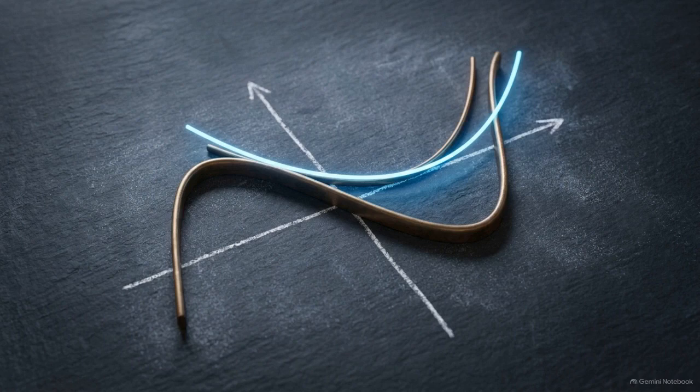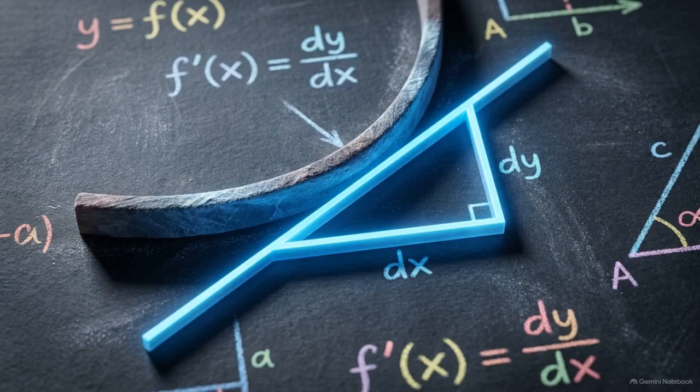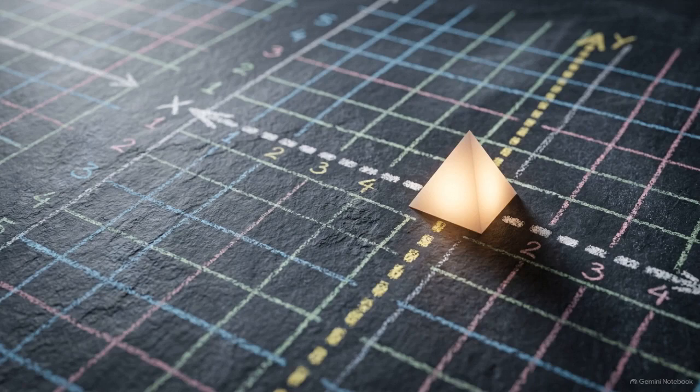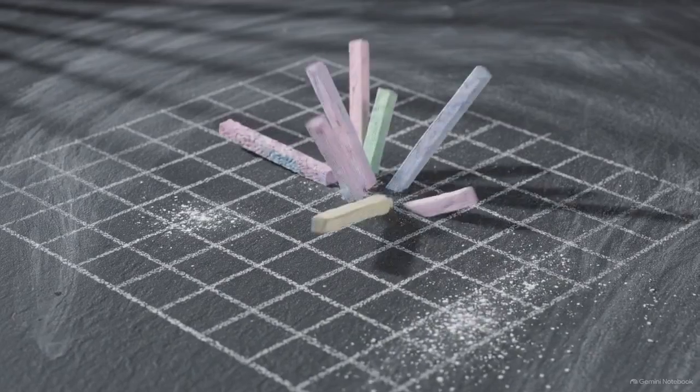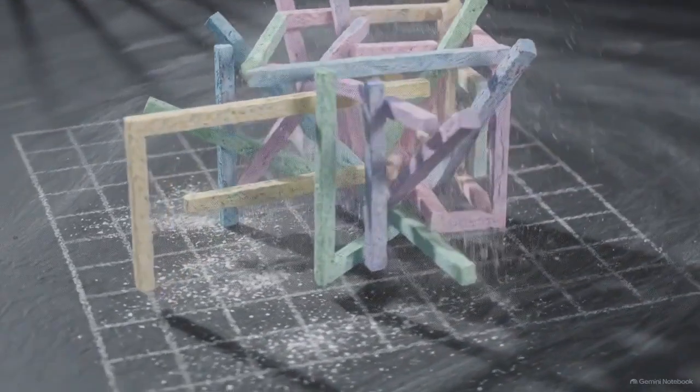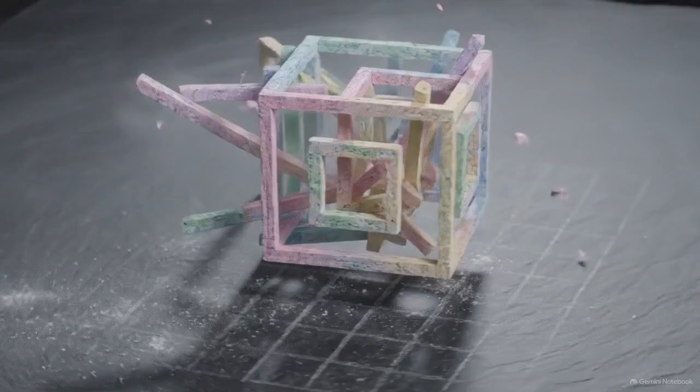In single-variable calculus, the derivative is a slope on a 2D Cartesian graph. We see exactly how y changes relative to x along a one-dimensional line. Complex numbers like z equals x plus iy present a visualization crisis. Because the input and the output are both 2D points on a plane, a standard graph of a complex function